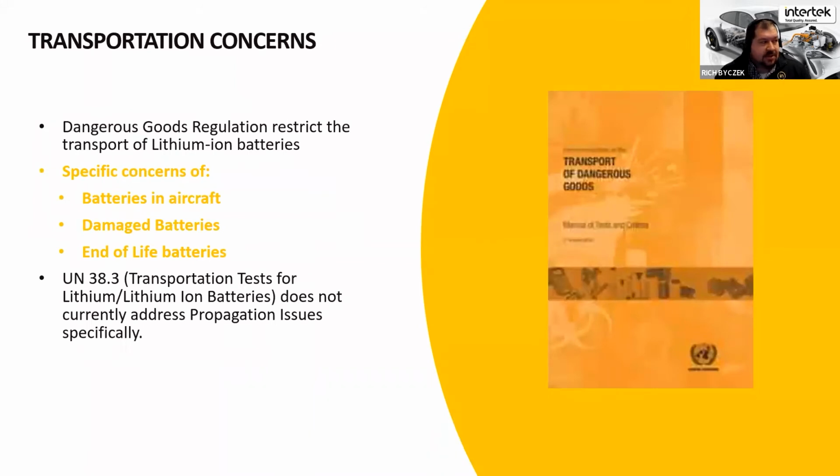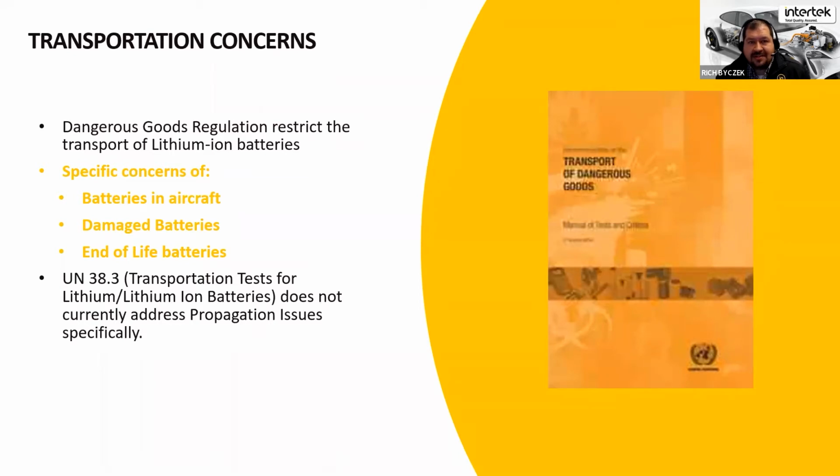Transportation concerns. We talk a lot about batteries as they're being used, going into temperature, voltage, current extremes. But during transportation, where you're not generally concerned with those elements, you're not heating the battery other than through the normal environmental conditions that we address in the 38.3 tests. But there are specific concerns that if a battery went into runaway because of a bad cell that was, if you will, smoldering, and it did cascade to adjacent cells, in an aircraft, for example, it would only take a few cells to create enough smoke or enough fire that it could bring down the aircraft.